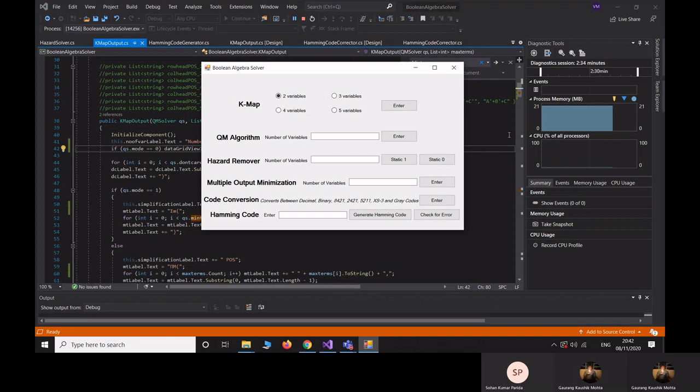K-map basically draws its inspiration from Gray codes, which are codes in which two consecutive codes are separated by just 1 bit difference. Similarly, in K-map, two adjacent cells have just a difference of 1 in their binary representation. Now let us take two examples. One, the SOP example of three variables with don't cares. This example is taken from our slides.